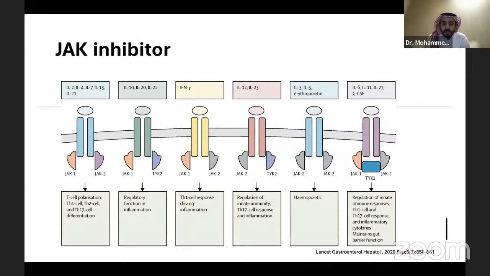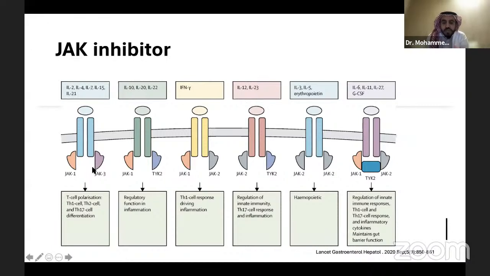The fourth class is the JAK inhibitors, and JAK is kind of your main transducer of the signaling of all except the TNF cytokines that are involved in the inflammation in the gut. As you can see, in humans we have JAK1, JAK2, JAK3, and TYK2, and each one of them has a specific